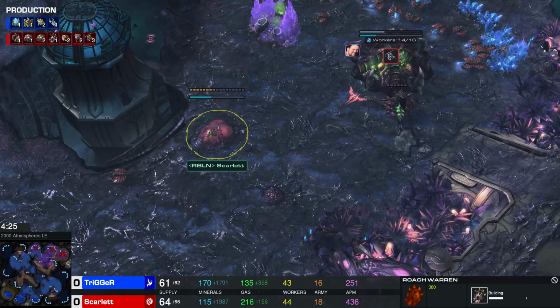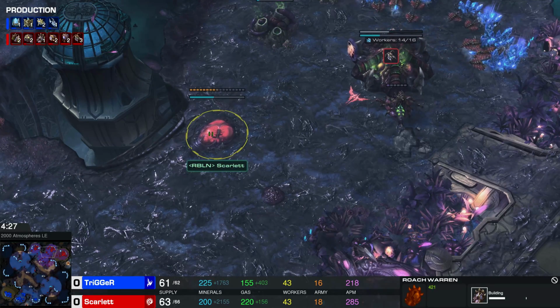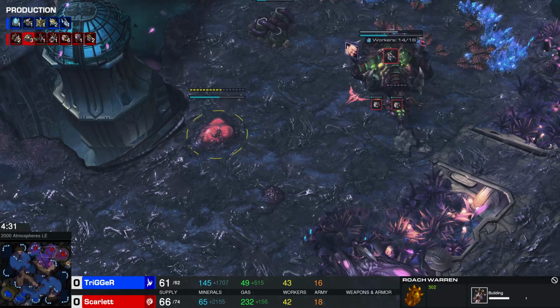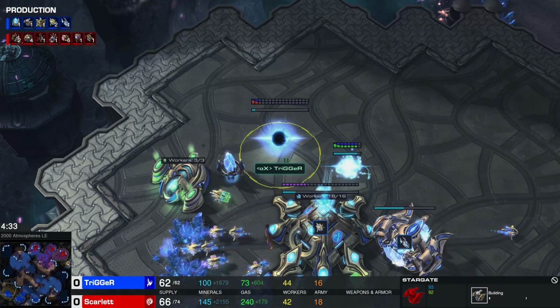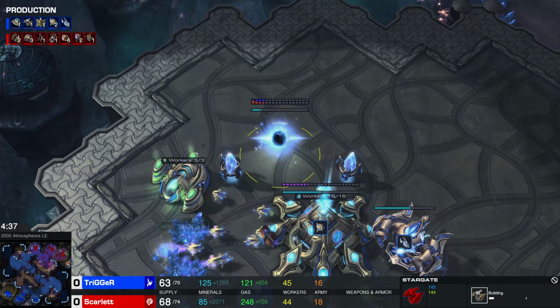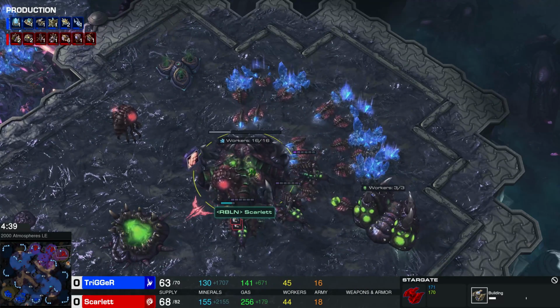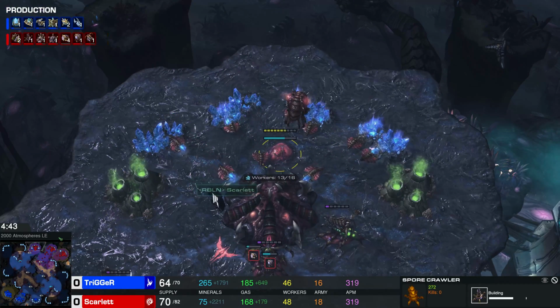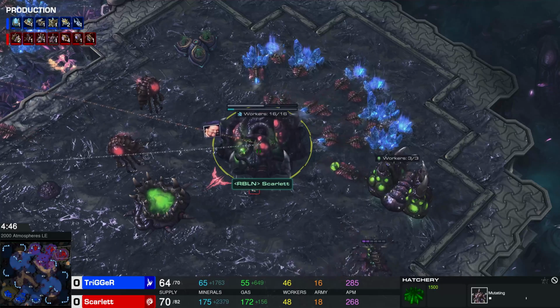Scarlett responds by putting down a Roach Warren. One of the ways that Zerg responds to Void Rays is with that Queen Walk, backed by Ravagers. That all starts with a healthy supply of Roaches. And that could be a good call, because TriGGeR's adding a second Stargate, and his first one's still making more Void Rays. Scarlett is going to start up her lair, possibly for Roach speed, and she's going to add a